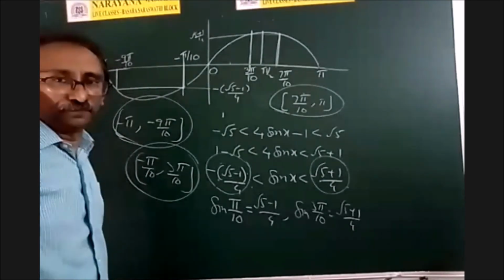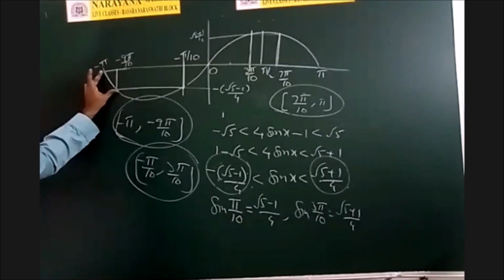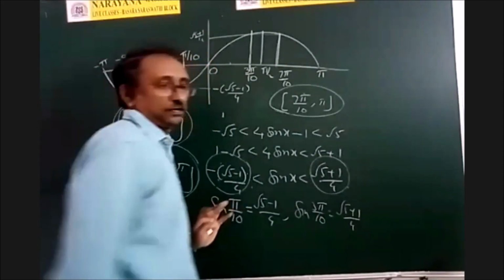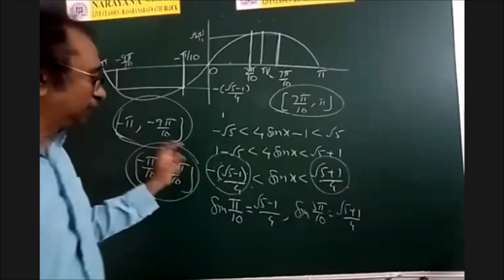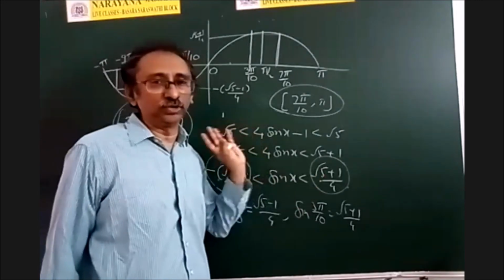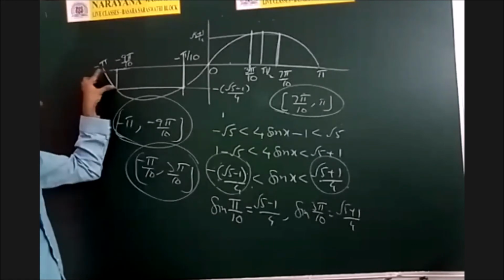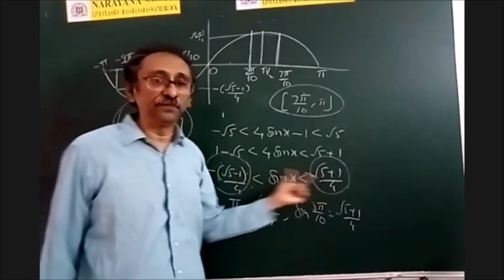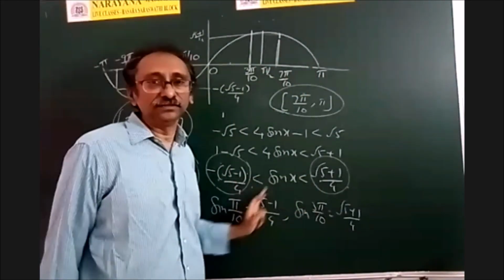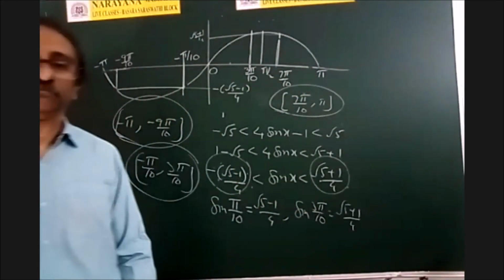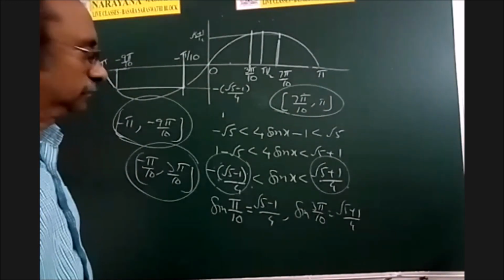Okay. Sir, but why are we not... You are thinking that here the values are not completely from this to this, isn't it? Yes, sir. No, it is not like that. The values of sin x must lie in between these two numbers. That's all. Whatever value of angle you take here, all those images lie in these two numbers only. Similarly, if you take all these images, they will lie in these two numbers only. Okay. And sir, why are we not taking the union of those two, 7 pi by 10...